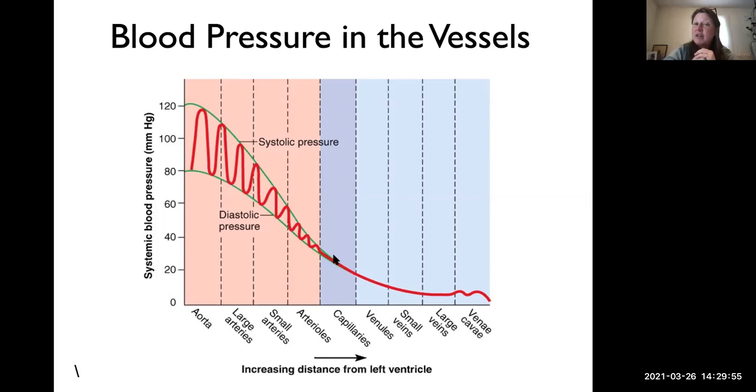Blood pressure in our vessels is also affected by gravity, not just because it has to work against gravity, but because gravity influences how much weight the blood has on the vessels. Let me try to explain. The blood pressure in the veins of your feet, for the sake of argument, is higher than the blood pressure in your abdomen.